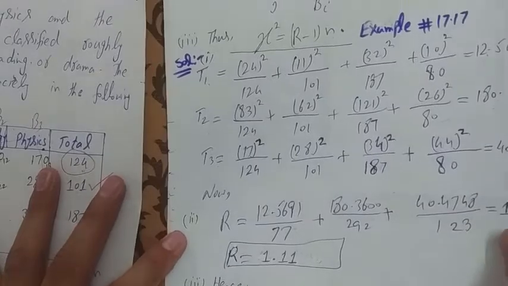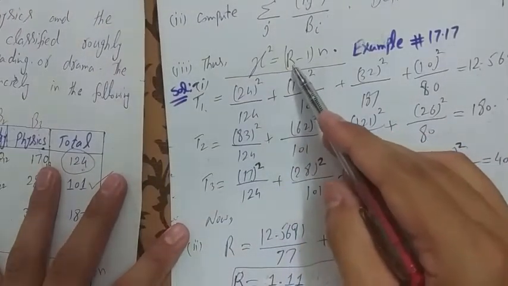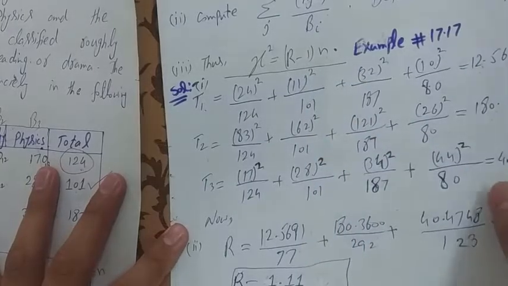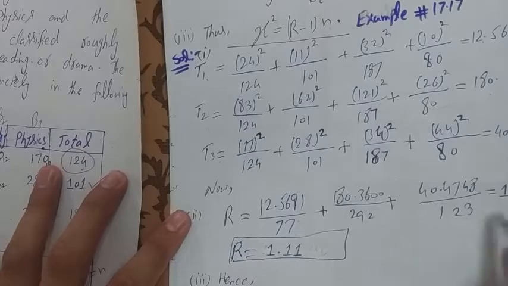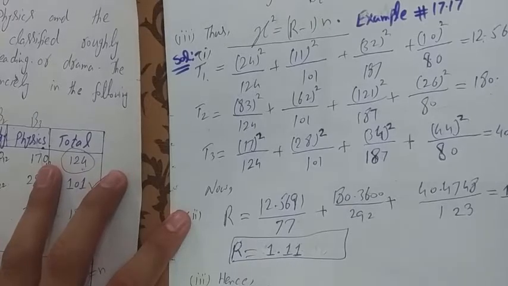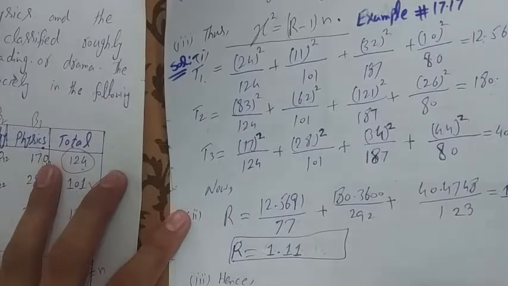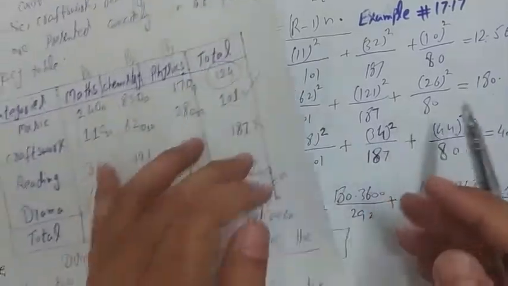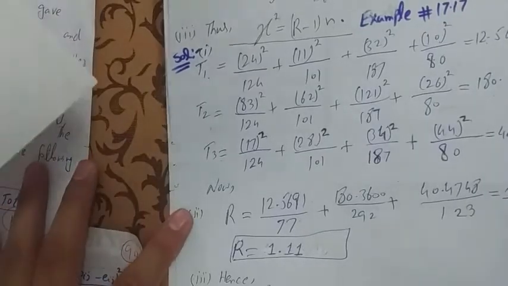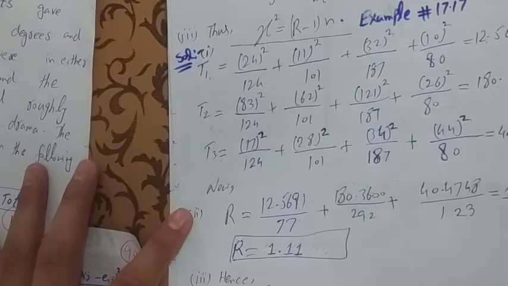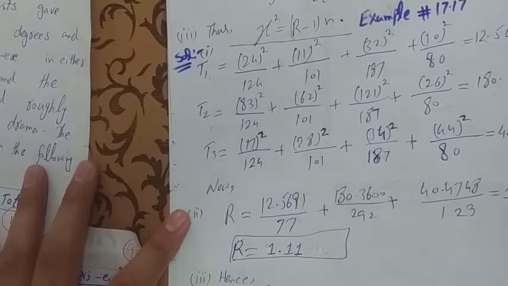Now the computation for the chi-square is equal to (capital R minus 1) into n. Capital R is 1.11, minus 1, and the value of small n is 492, and solving this the answer comes 54.12. This is the computed value of the contingency table for chi-square,